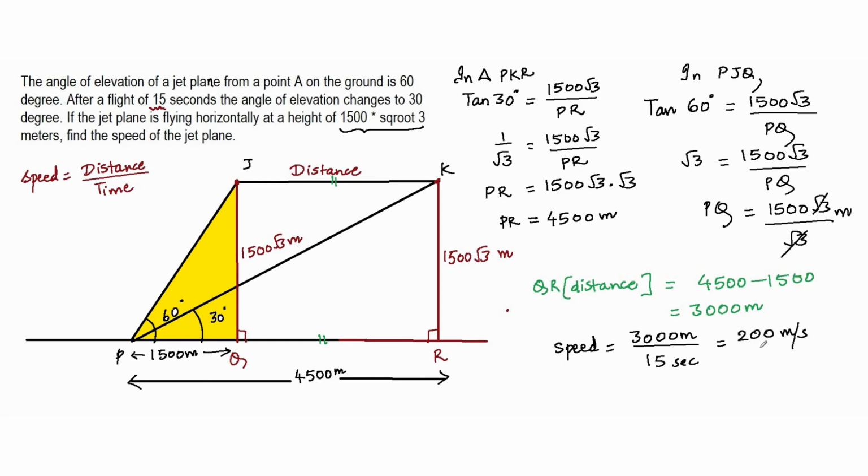Now, of course, I can convert this particular speed into kilometers per hour. I know that I should multiply this by 3.6, which is 18 by 5, and then I will get the speed in kilometers per hour. Therefore, this is 720 kilometers per hour. The speed of the given aeroplane is 720 kilometers per hour. This is how I can find the speed of this particular plane. So, pausing for a minute while you take a look at the solution. Try to correlate the word problem with the diagram and then of course with the working.